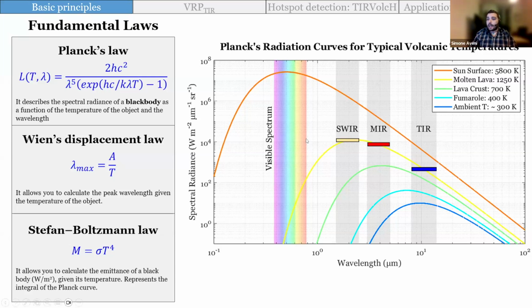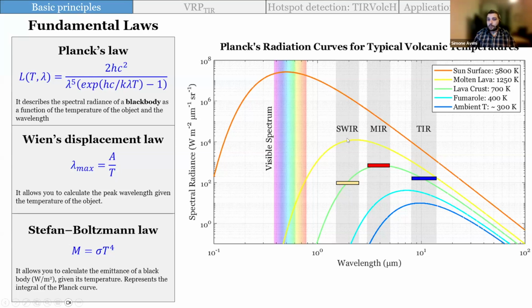So if we take molten lava exposed to the lava flow in a channel, we'll have a temperature approximating 1200, 1300 maybe Kelvin, and we can see that the peak emission is in the shortwave infrared, that portion of the spectrum between 1.5 and 2.5 microns. Just soon after, we find the mid-infrared between 3.5 and 4.5 microns, and then eventually we get to the thermal infrared, or long-wave infrared, between 8 and 14 microns. So we see here that for molten surfaces, the peak emission is in the shortwave infrared.